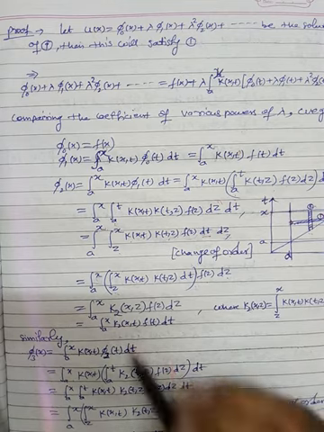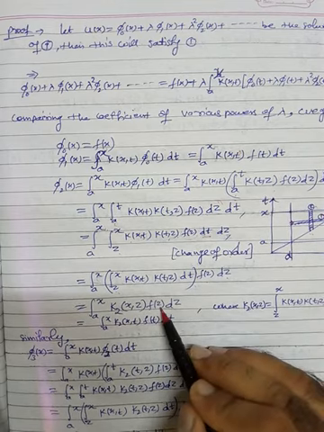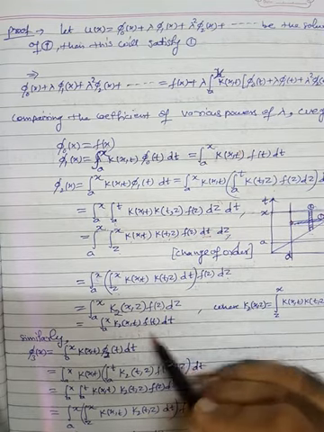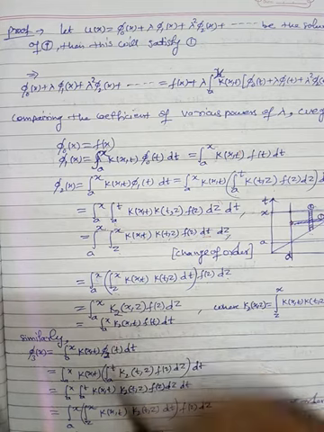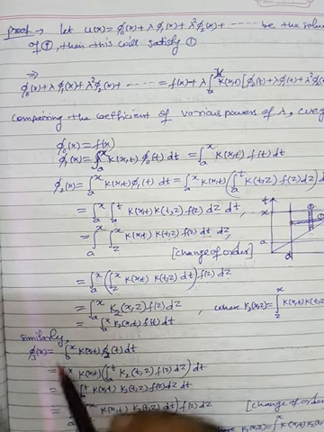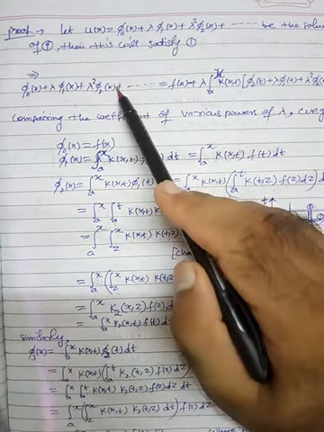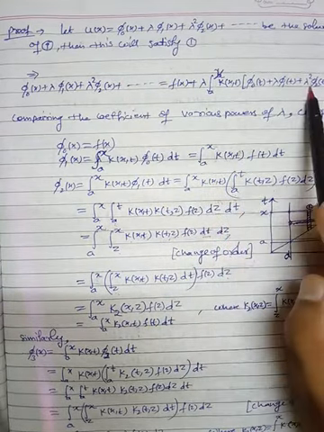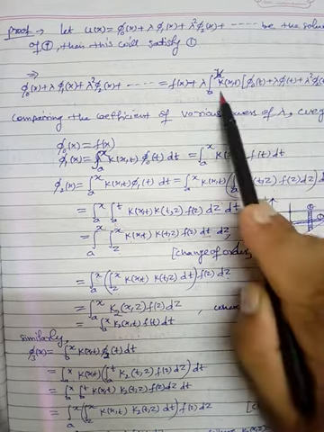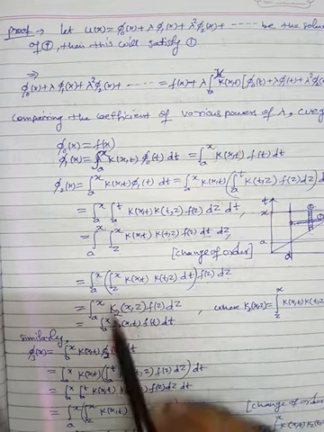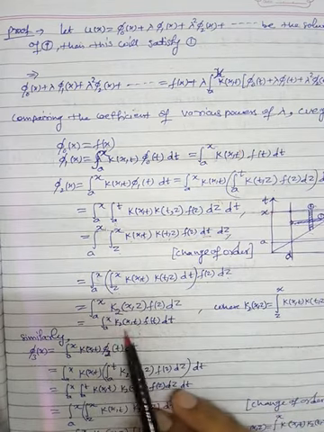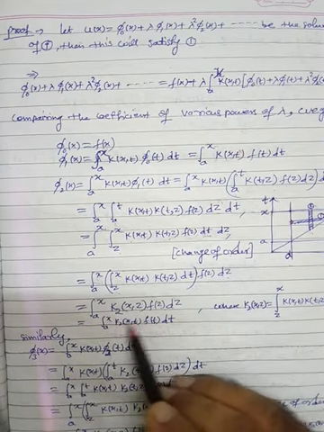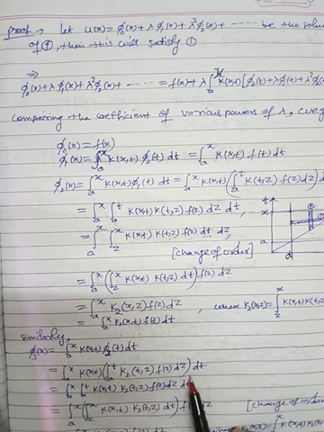Fine. Now what can we do? z is just an intermediate variable, so we replace z with t here, so k2(x,t) f(t) dt, where the limit is a to x. Similarly we can find phi 3(x). On the left hand side, the coefficient of lambda cube will be phi 3(x). On the right hand side, lambda into lambda square is lambda cube. So integral a to x k(x,t) phi 2(t) dt, but phi 2(t) will be integral a to t k2(t,z) f(z) dz. Then we do the same again: first replace t with z, and then replace x with t. So this is written here.